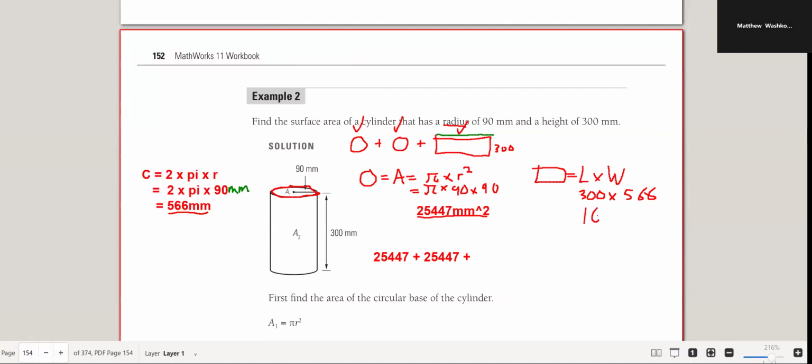$169,800. 169,800 millimeters squared. Underline the important number. Now I can add it up, right? So now I can do it. Again, it's really easy to make those little mistakes. So you add all those up, and you should end up with